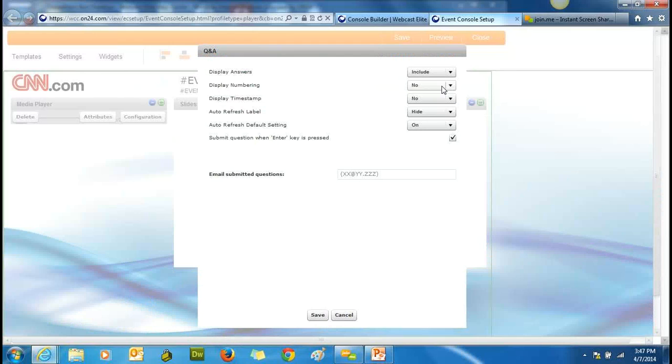If you want to maybe display the number that their question was received in or the time that they submitted the question, you can do that. But by default, those are checked no. Making sure that when they press the enter key, it'll send their question. Here, where it says email submitted questions, this is if you want to have all the questions that are submitted routed to an email address of your choosing. So if you had one person on your team that was going to be responsible for